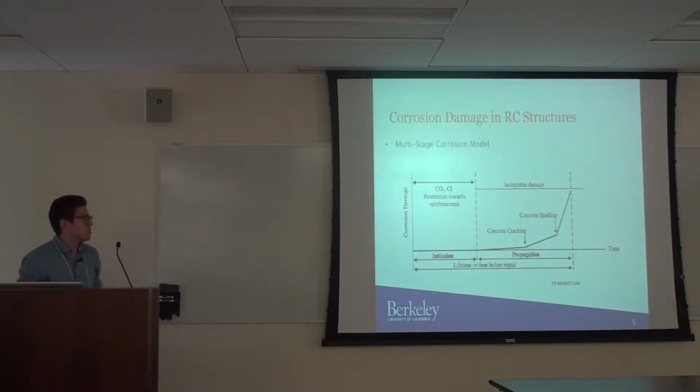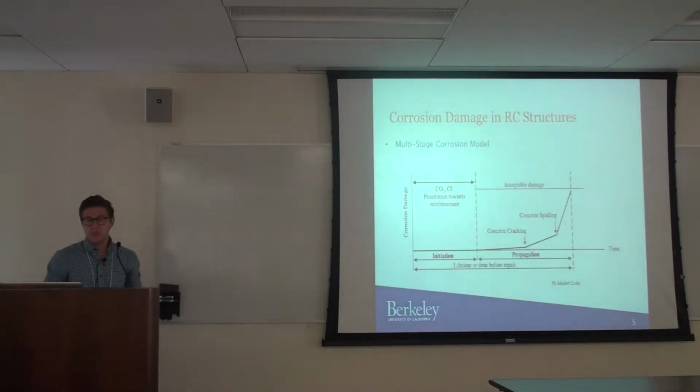Looking at corrosion, just some background on the corrosion process. There is this initiation period that we experience. So in a pristine column, you have the cover, and it needs to initiate because when you pour concrete around steel, the high pH gives this passive film that actually protects the steel really well from corrosion. But when you have penetration of carbon dioxide and chlorides, you lose that passive film layer,